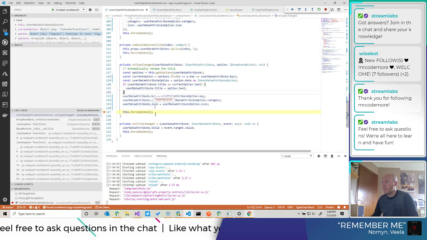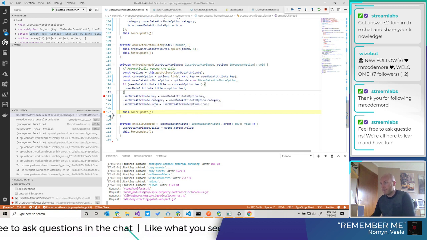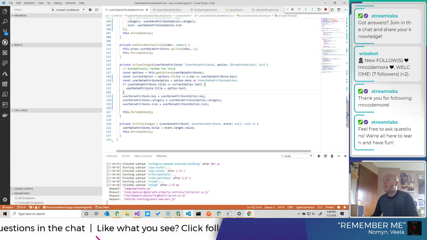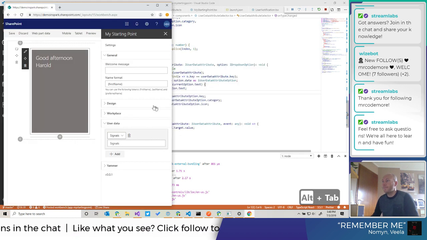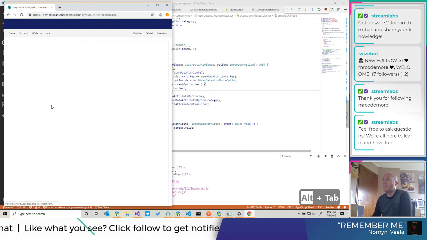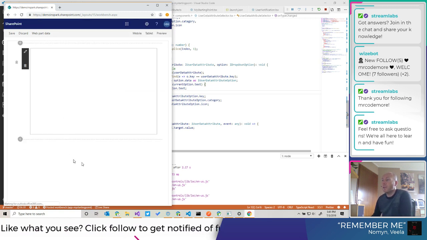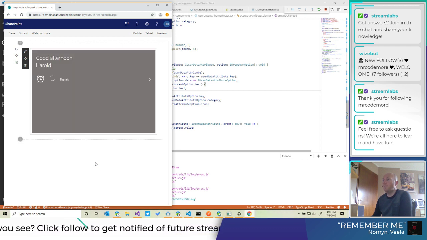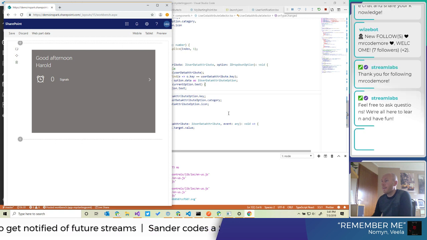Icon is alarm clock. There we go. Moving the breakpoints here. So now we have set it to signals. Refresh. Boom! There it is. Okay. Looking good. All right. Excellent.